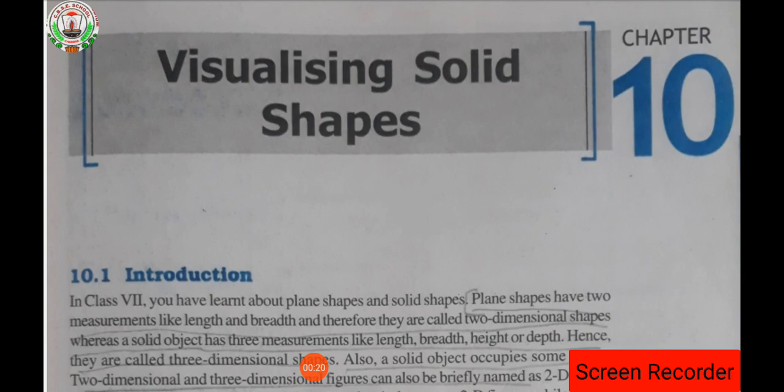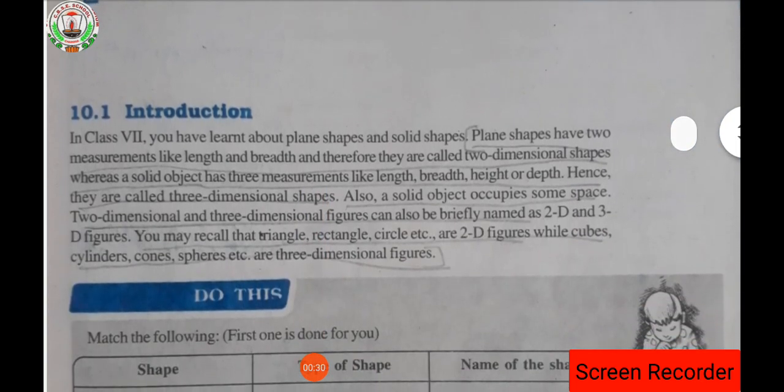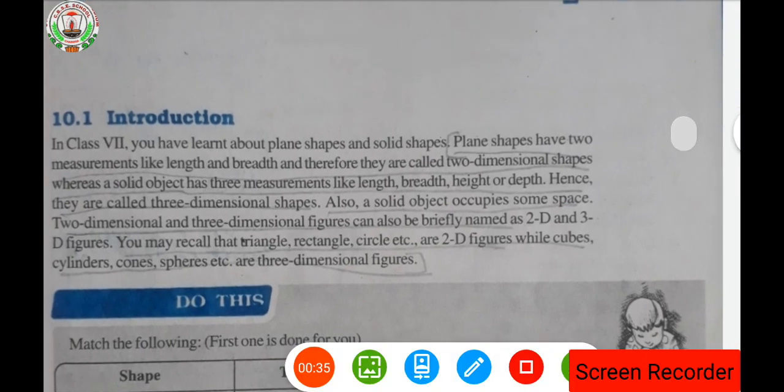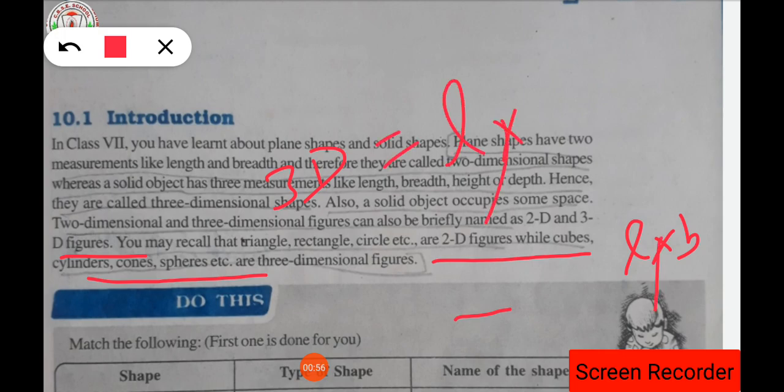In this chapter mainly we are going to see 2D shapes and 3D shapes. Beforehand I had also explained what you mean by 2D shapes and 3D shapes. 2D shapes are those shapes in which you can see only the length and breadth. But in a 3D shape, a three-dimensional shape, you can see length, breadth,